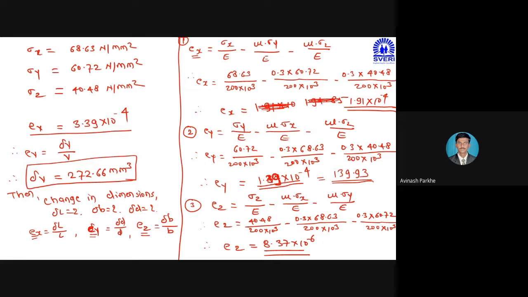So we are having another three formulas. Epsilon x is equal to delta L upon L. Epsilon x we have calculated in the previous, how much? I can consider 1.91 into 10 raised to minus 4. Delta L I have to calculate. And what is the length of this particular section? Whatever we have considered, length of the section is 190. Therefore, change in length.